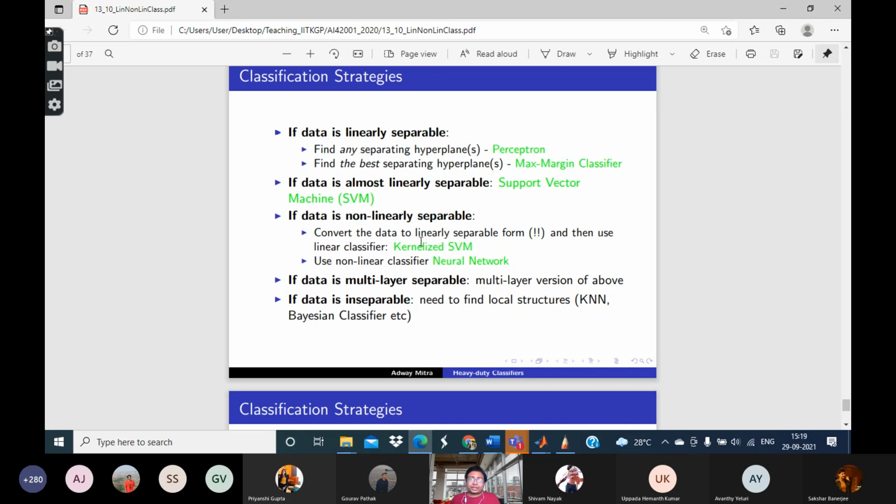Okay, and finally the other option is, if you are unable to find such a suitable kernel for which your data will be converted to linearly separable form, then we will have to go for a non-linear classifier only. A linear classifier then will no longer work. You have to go for a non-linear classifier. And what is a non-linear classifier? A very good example of a non-linear classifier is neural network, and that is what you are going to study from next Monday, and you will be taught by Professor Ziaul Hochberg.